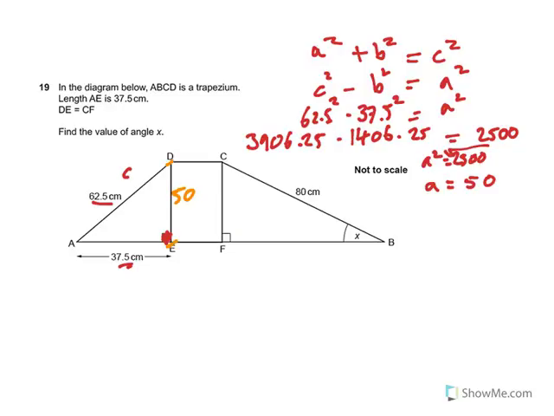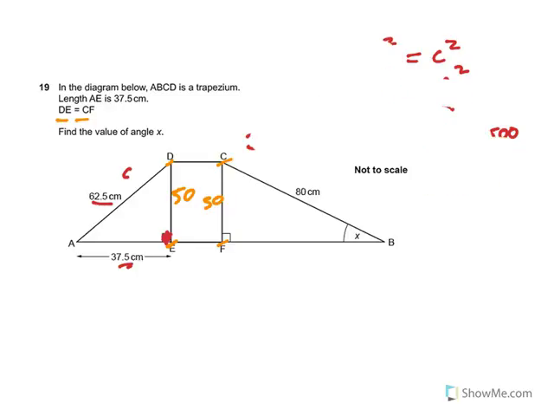This is DE, and it says here DE equals CF, so we know that that also equals the same length over here, so 50. Okay, I'm going to rub out my working because I need the actual page to do some more calculations now. So the bit of information we need is simply that the height there is 50. Using the value of this to be 50 and this to be 80,